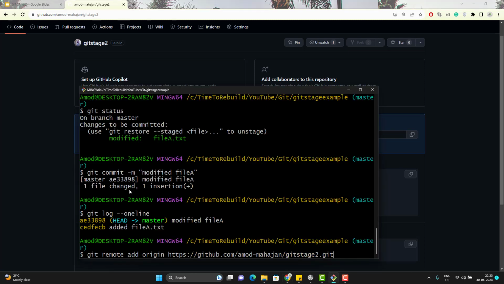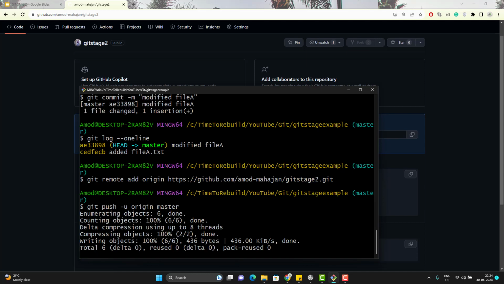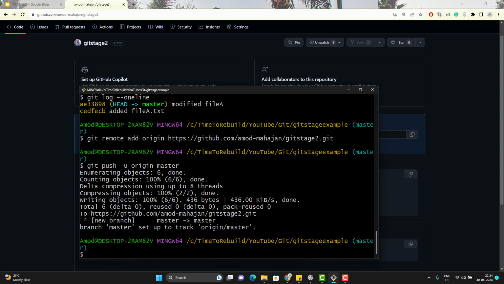For that we have the command git remote add origin, and then give the specific URL of your repo. Hit enter. Now we have connected to the remote repo, and you need to use the git push command with -u origin master.